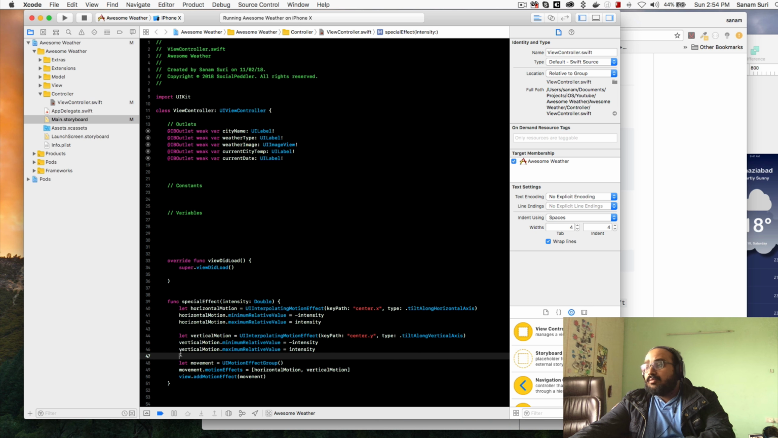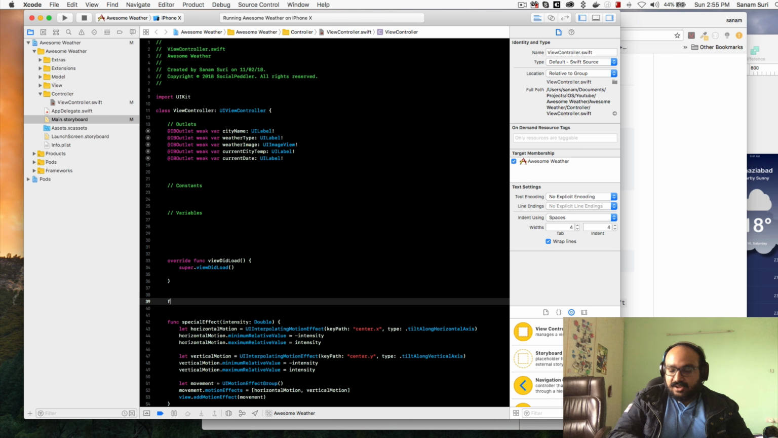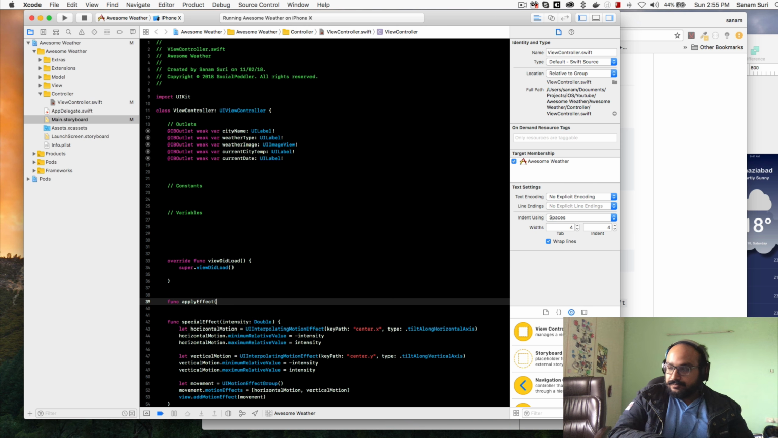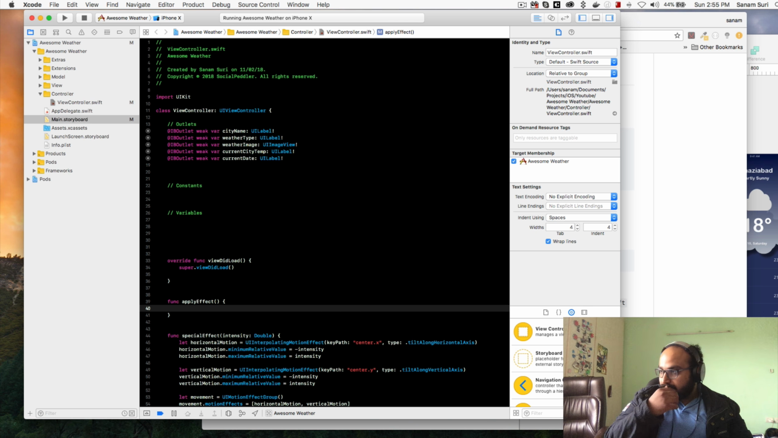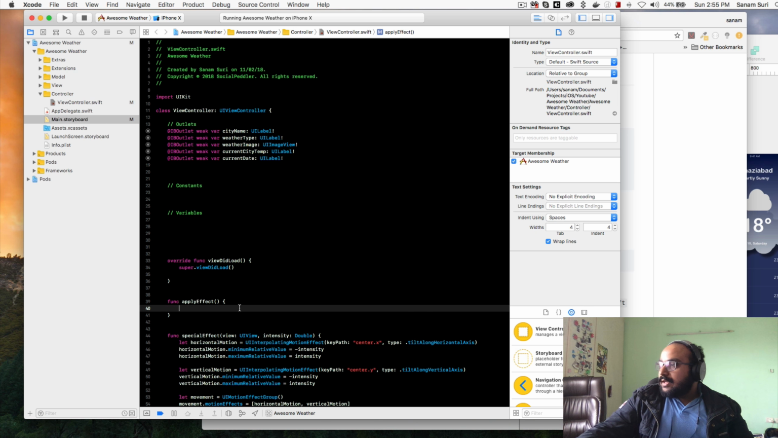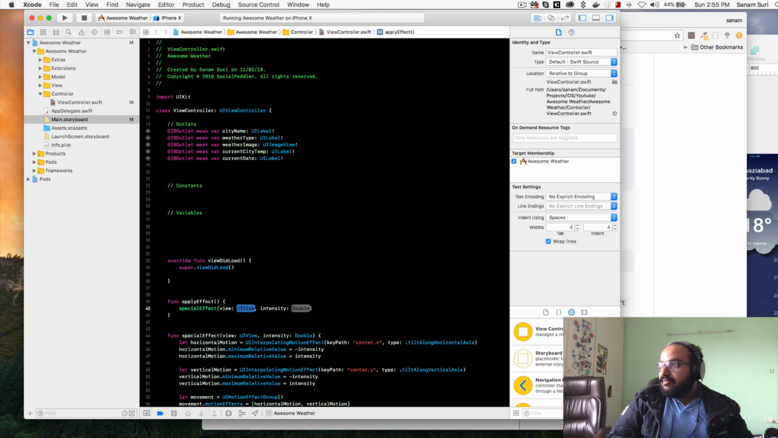So we have these things set up now. Our movement is working now. Whichever UI view we want to give the effect to, we can simply create a function here called apply effect, and since it's gonna be assigned to a view, we can set that view of type UI view. And now we can do something like this. We can call this function special effect, and the view is gonna be,